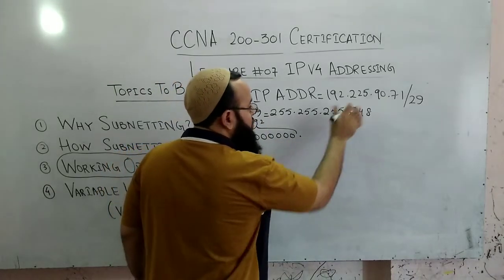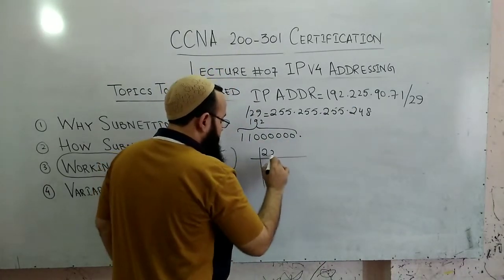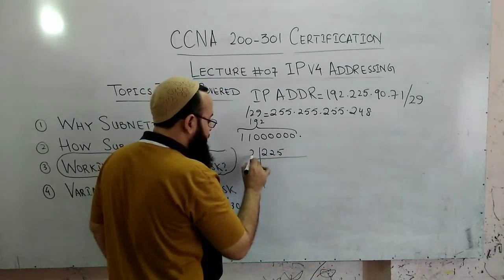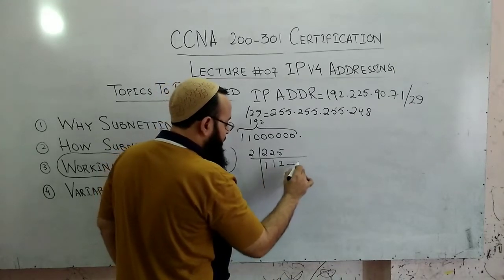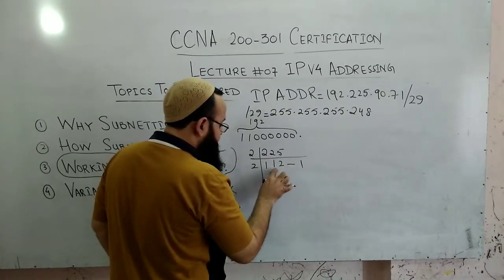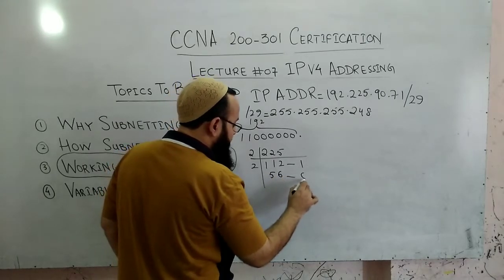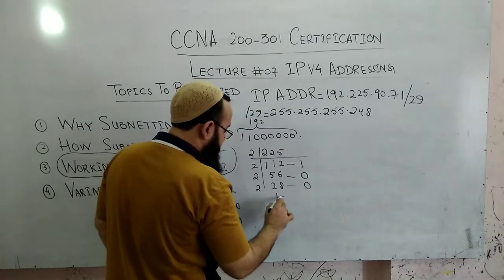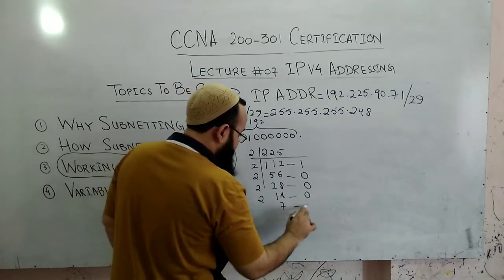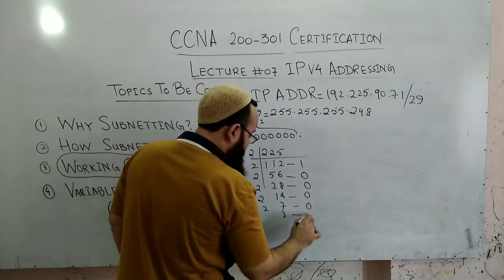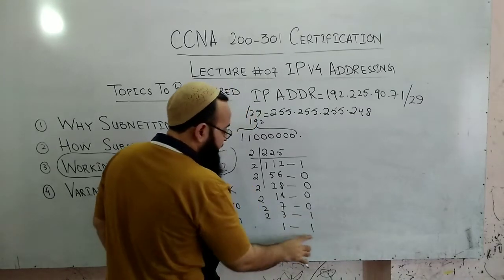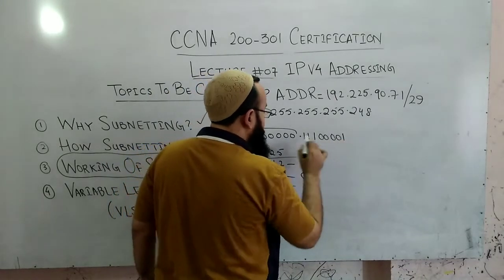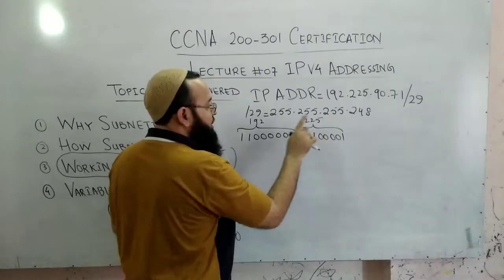Dot. Now 225. Converting this decimal into binary form by dividing by 2: 2 1s are 2, 2 1s are 2, 2 2s are 4, 1 is left, 2 5s are 10, then we are left with 2 6s are 12, this is 0. Then 2 2s, this is 0. Dividing simply, 2 7s are 14, this is 0. 2 3s are 6, 1, and 2 1s are 2, is 1. So 1 1 1 0 0 0 0 1. This is basically the binary for 225.